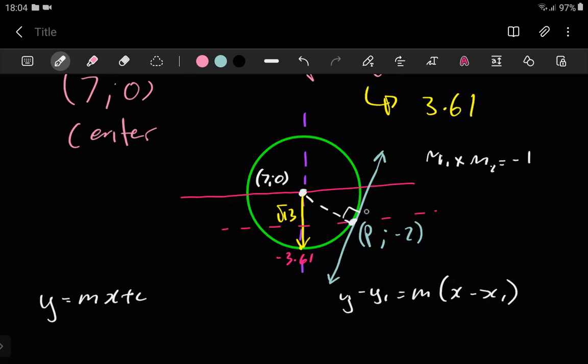You use this formula to then get the gradient of the tangent. Does that make sense? Yes, it does. Cool. So this question is quite packed, and I think that's why it's a good question, because now we